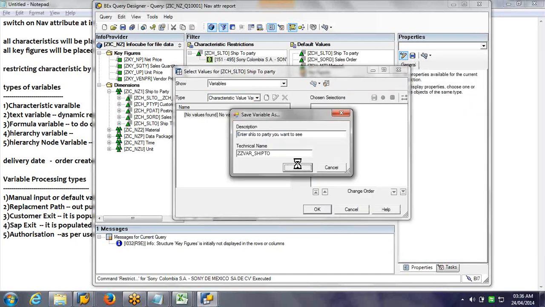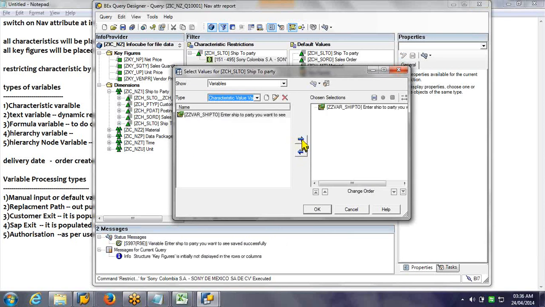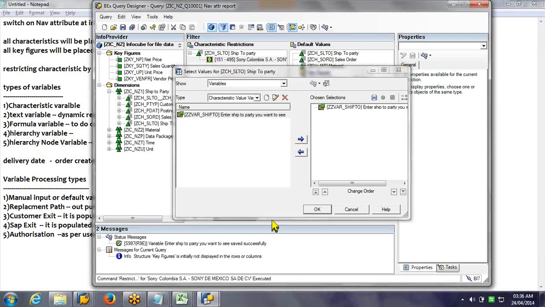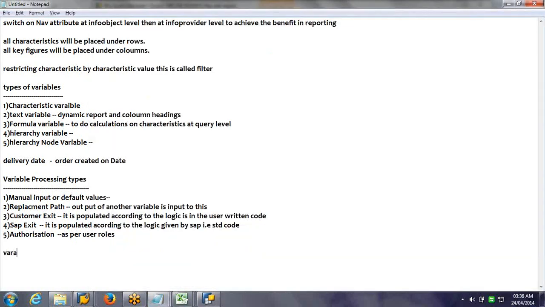So this variable will be created on a global level, on an info object level. This info object, if it is used in any other cube or any target, over there you can find it and make use of it. Okay. Variable created at info object level.